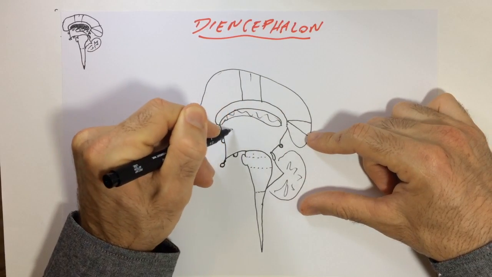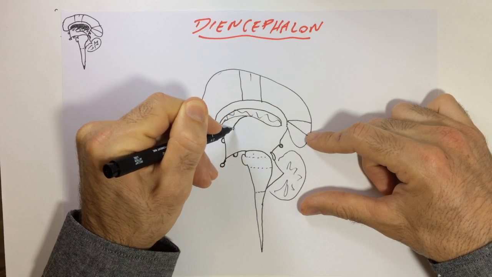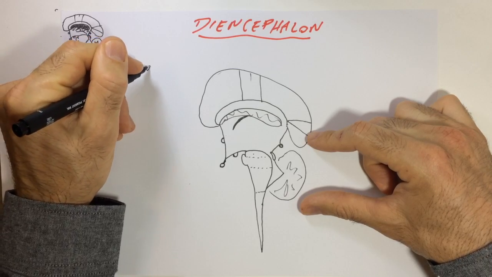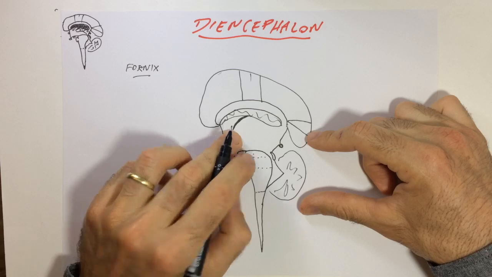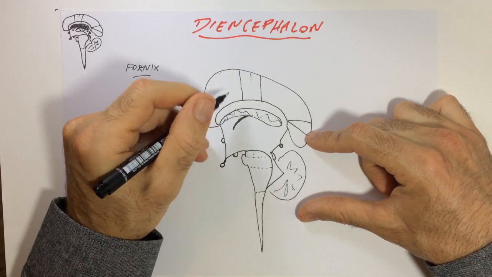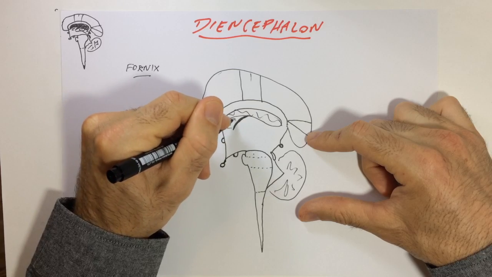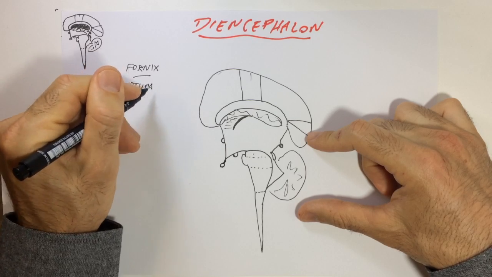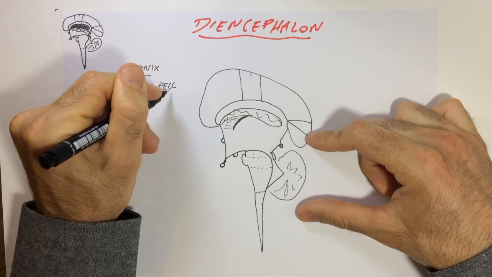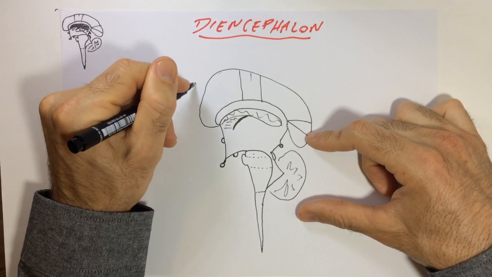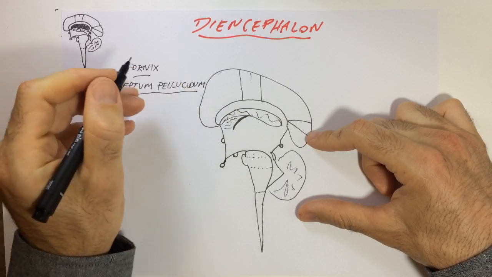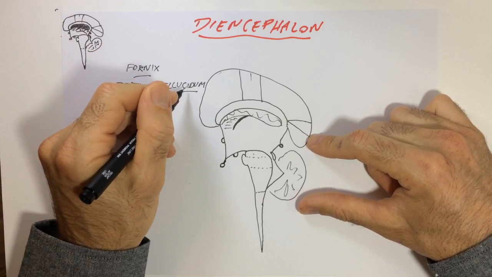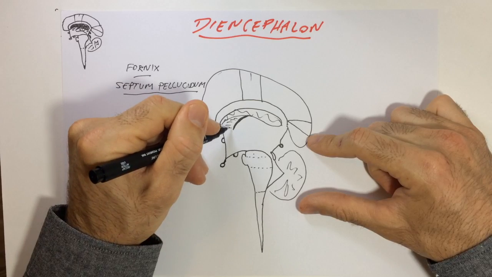One that goes down here is called the fornix, this structure here, and another one is called septum pellucidum. That's written like this: septum, pellucidum with two L's. And the main importance of the septum pellucidum is that this structure divides the two